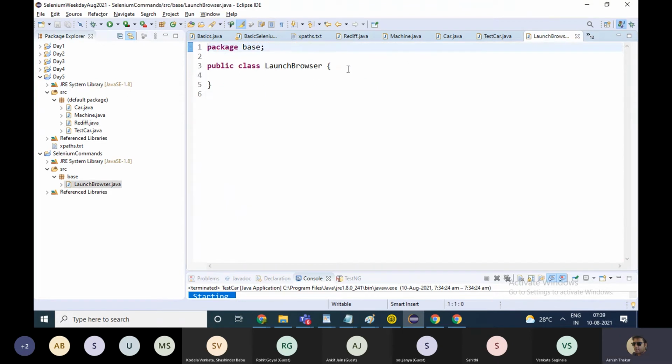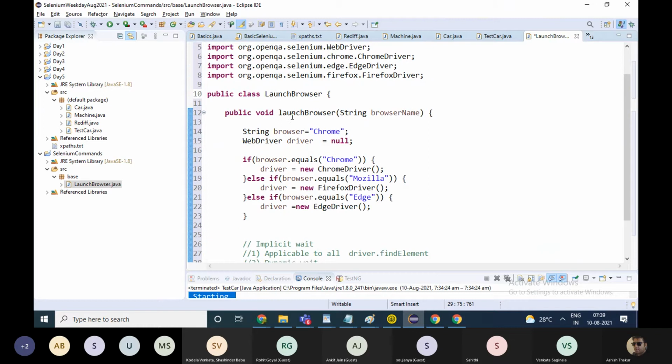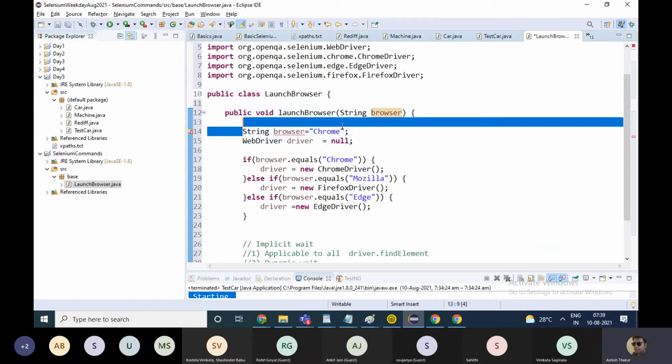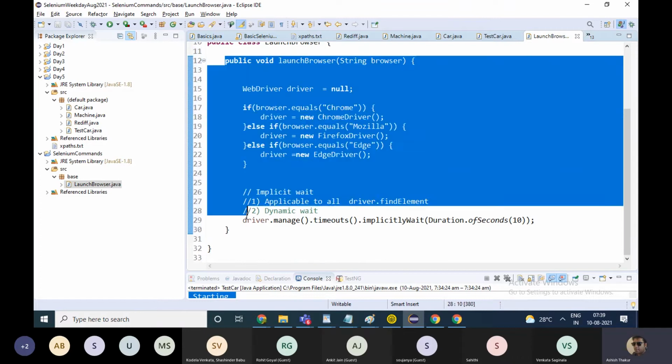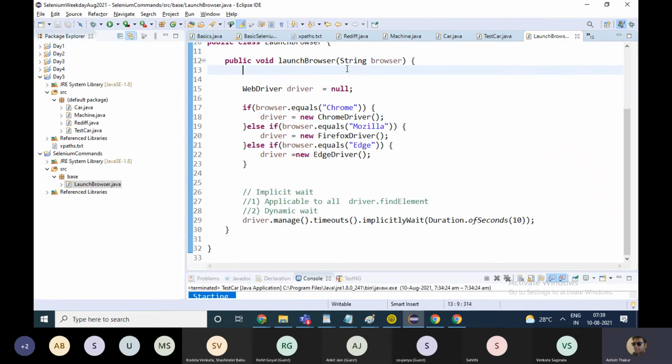I'll make a function in which you will send the browser name. Okay, what type of browser you want to launch, and that particular browser should be launched.